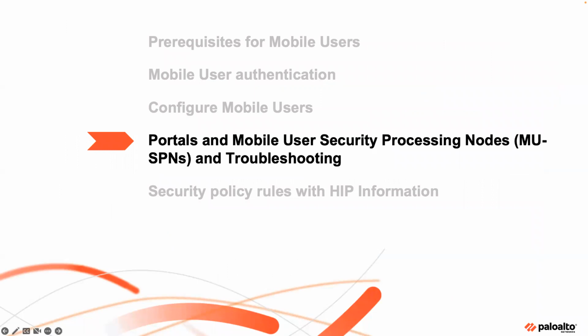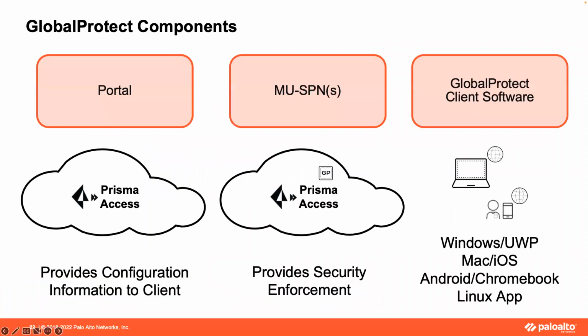So as you deploy Prisma Access for mobile users, let's explore the pieces and the parts and the deployment process and troubleshooting any problems you might run into. There are 3 pieces. Going from left to right, there's the portal, which is sort of the air traffic controller, the traffic cop that then controls where users who use the GlobalProtect client software on the right-hand side get to connect, and they connect through the MUSPNs there in the middle,